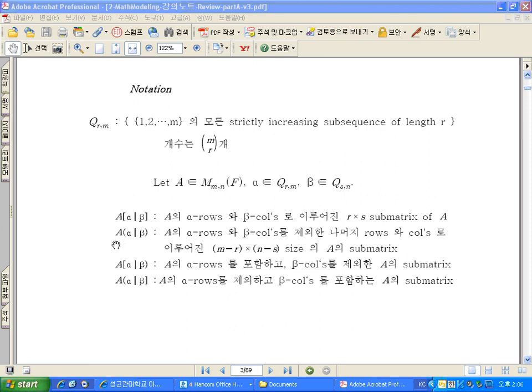So this submatrix is a submatrix of A whose size is m minus r by n minus s. And these two are similar notations with brackets and parentheses. This one includes alpha rows but not beta columns, and this one excludes alpha rows but includes beta columns. Okay. With these notations,